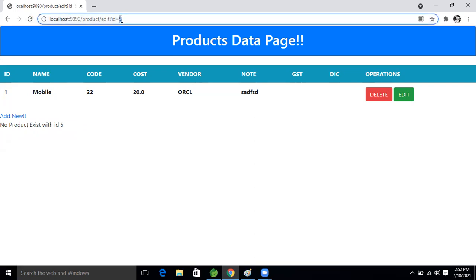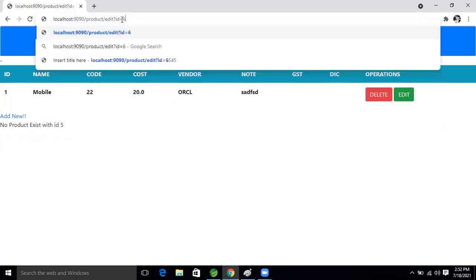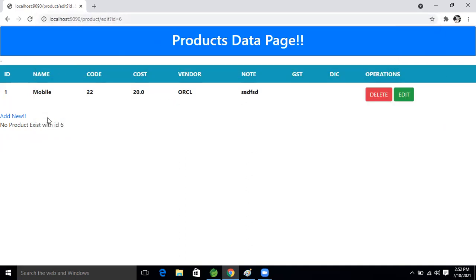If we are not handling, if we are not using a custom exception, then what will we get? We will get an error page. By default, we will get a 500 error.